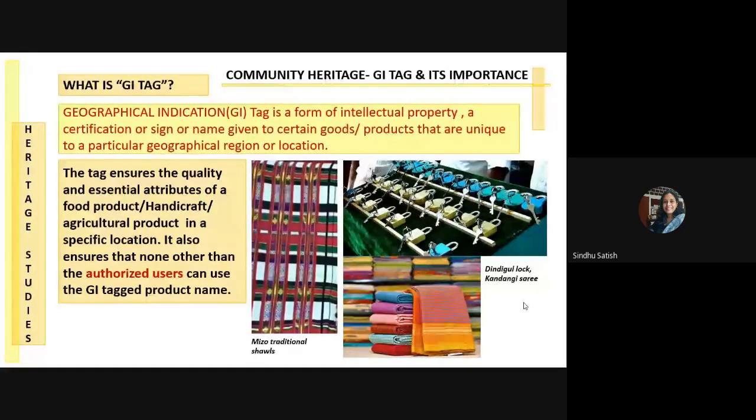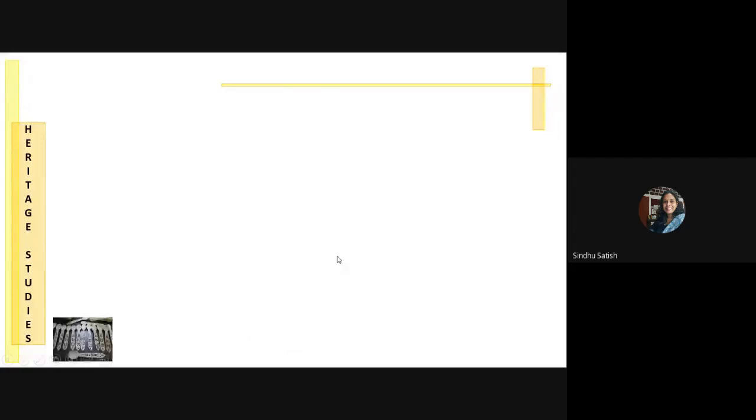So over the years, more interesting colors have been introduced in this weaving. They have tried to keep abreast with the trends and fashions, but despite that, because of the market condition which produces a lot more synthetic and duplicate ones, they are finding survival issues today. So these are some of the issues that they are facing, and that's when they have gone in for GI indications or GI tags, which they are hoping would help pick up their market opportunities.